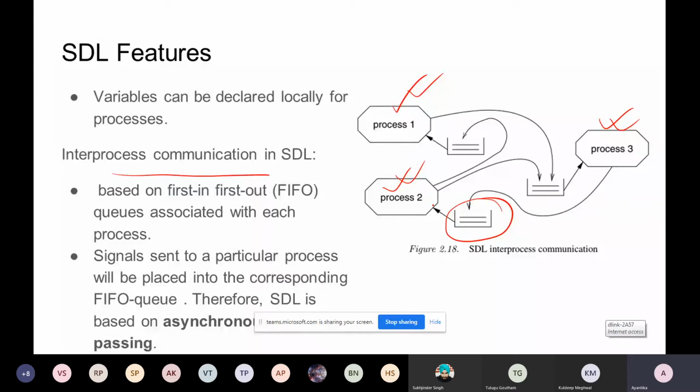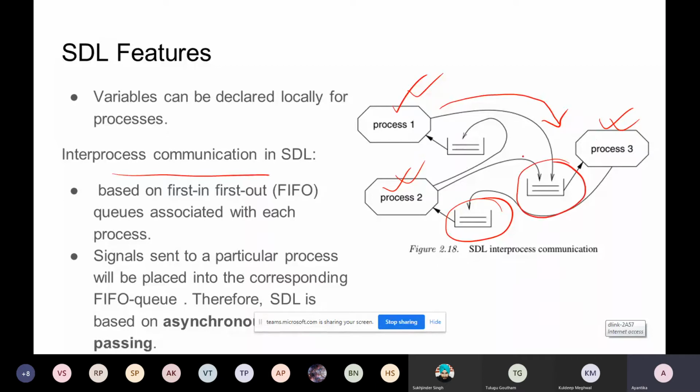Okay. So what does a queue mean? This is first in, first out. That means your process is generating some output that it wants to send as an input to another process. Maybe here we can consider this example of process 1 and process 3. So process 1 is generating some output. It is putting it in some queue that is maintained, and maybe read and maintained, by this process 3. You can see this one.